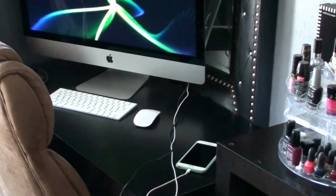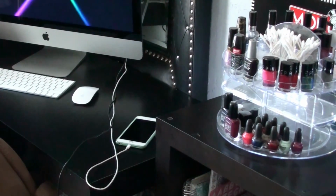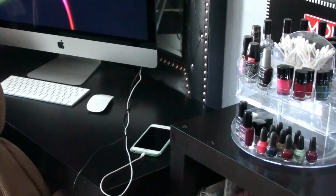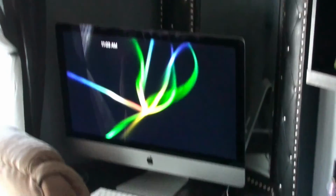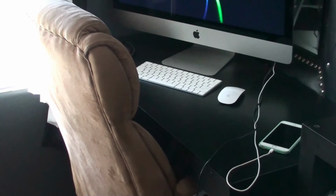So I just have the keyboard, mouse, and then the cables for my phone to charge or transfer stuff, as well as the cable for this camera. And then it goes in, so I have a comfy, it's not really cute, but it's a comfier chair, it's an office chair. And then it goes all to these windows, and this is why I'm standing right where I'm actually normally sitting